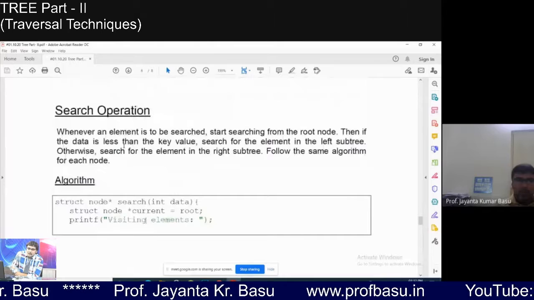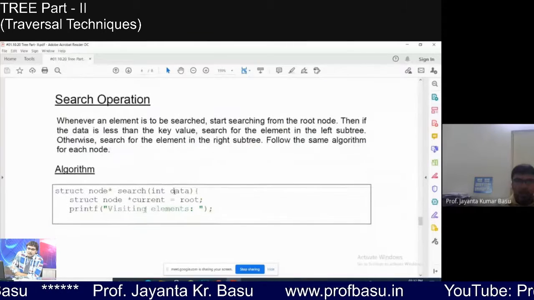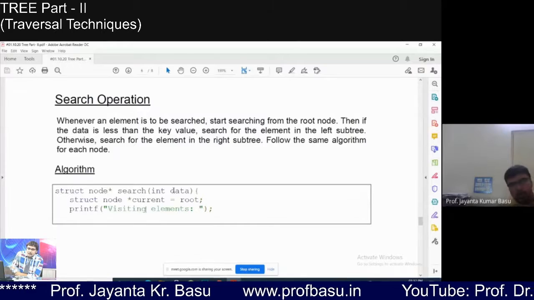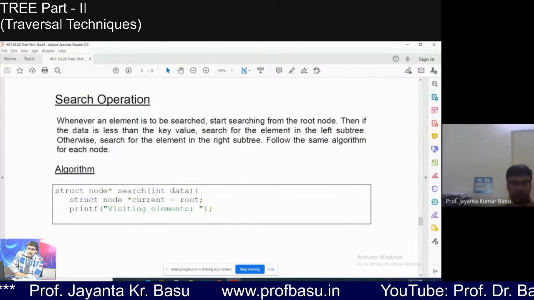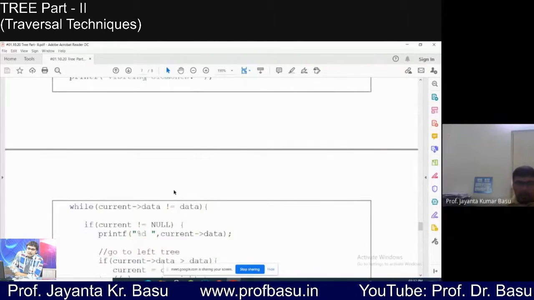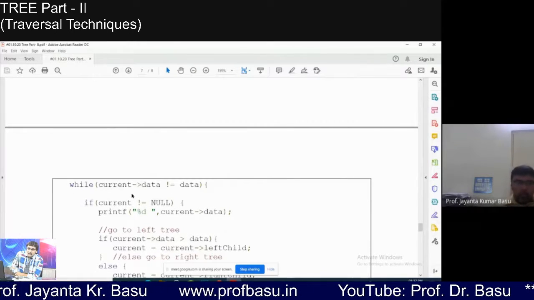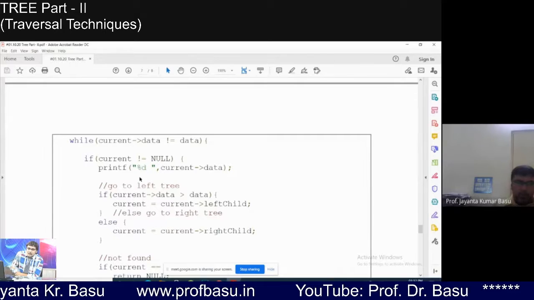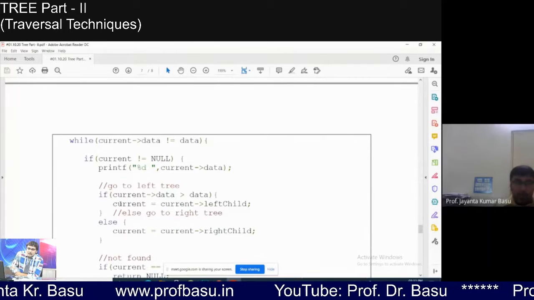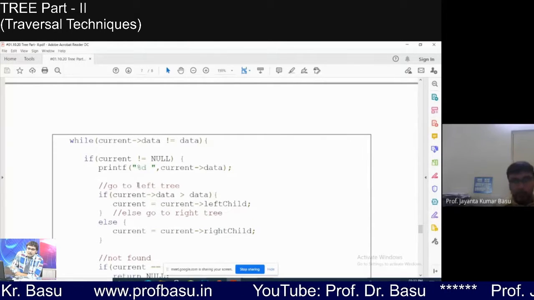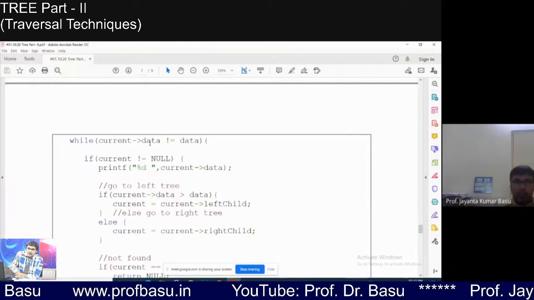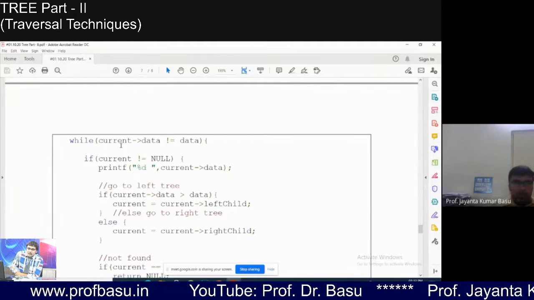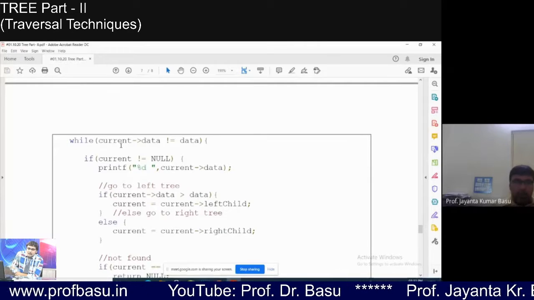What we are doing is searching for a particular data. Searching for a particular data means searching for a particular node containing that data. So we have to traverse the entire tree. So long as we do not find the data, the loop will continue.